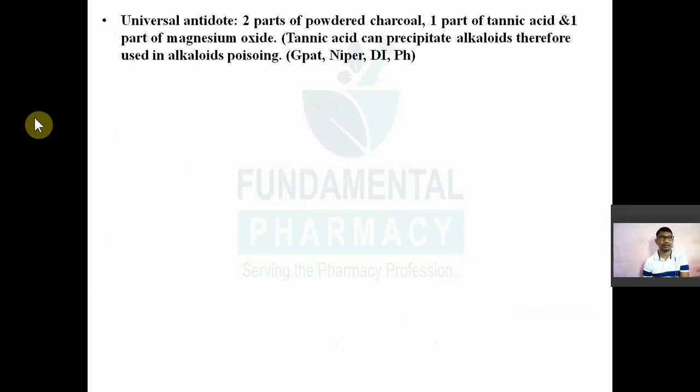Suppose that you got a poisoning, and if you got a poisoning, there are certain antidotes available for a particular poison. But if you don't know the nature of poisoning, in that case you have to administer